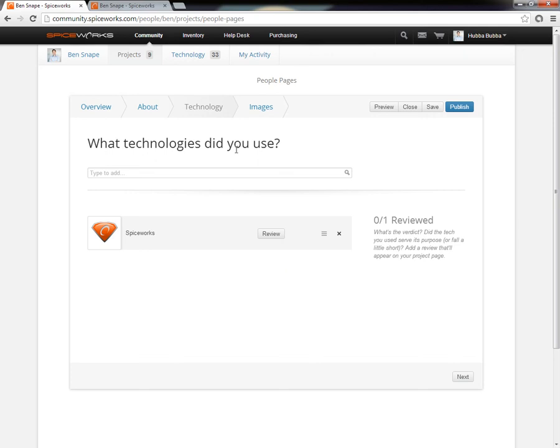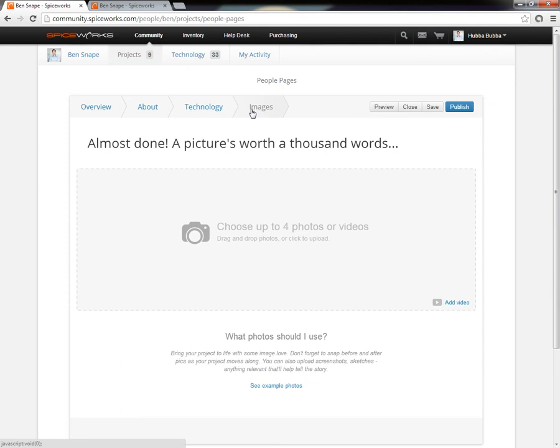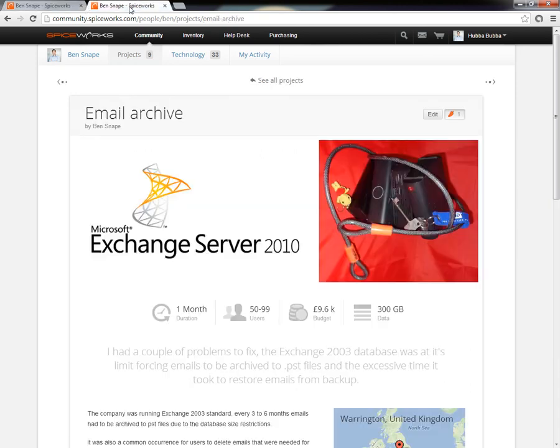So once you've finished adding all the technologies, the final step is to have some nice images. So if you've got a project along the way, don't forget to take some screenshots. Maybe take some shots of the physical equipment. I'm just going to show you what looks good and what doesn't look good. We can see on this one, there's a lot of white space around it. Now, if you've got white space around it,